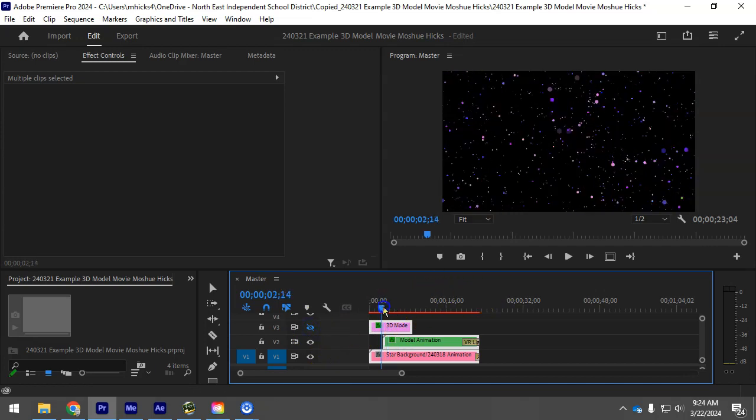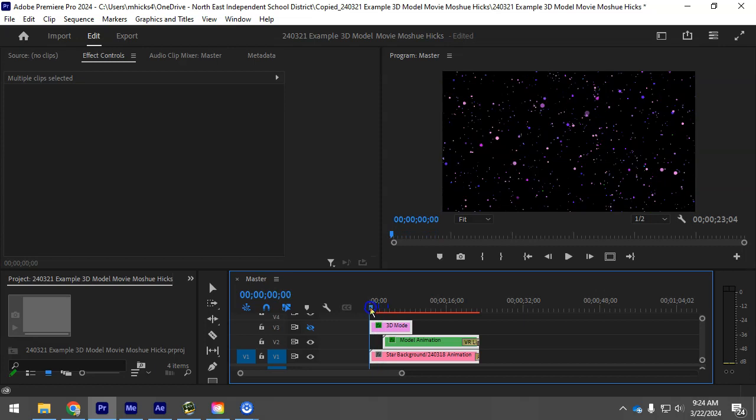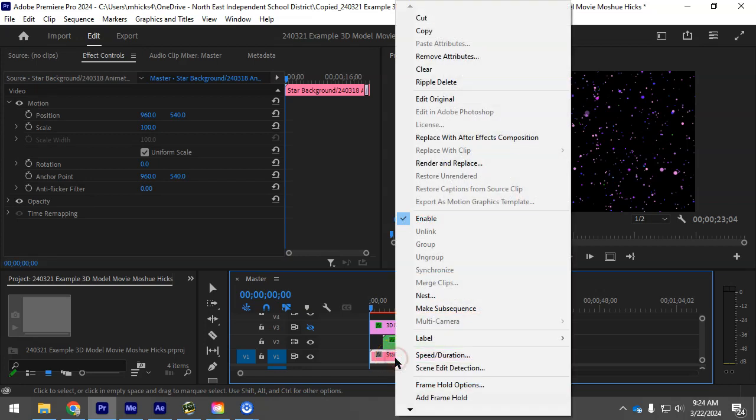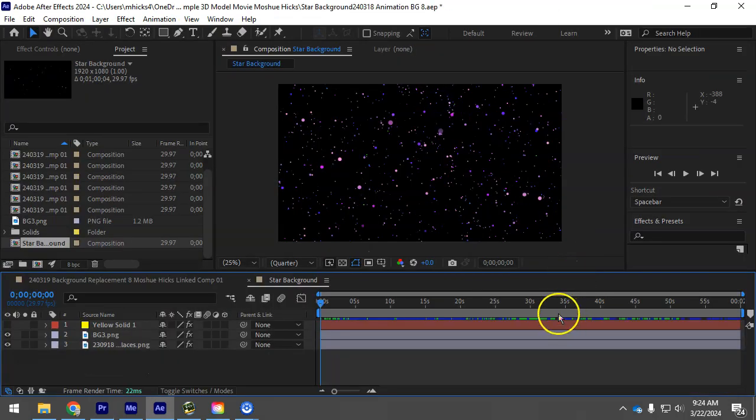So I'm going to do that by editing my star background. That's where I'm going to put the text. I'm going to use After Effects to do it. Now since I've got this as my actual composition, which you can render and replace if it's acting really laggy, it can actually just pre-render that for you and it'll put just a strip of video there instead. You can even restore it after it's been rendered, but I am going to edit the original After Effects composition,